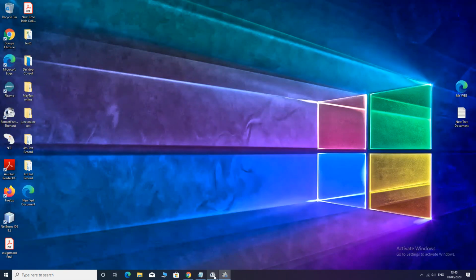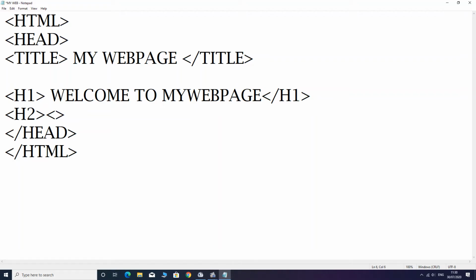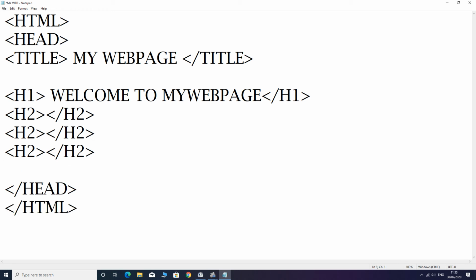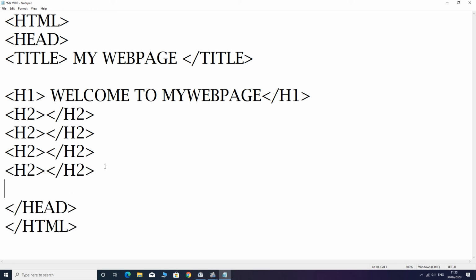Close it. Next, we will practice the headings, 6 types of headings. We have practiced H1, now H2, H3, H4, H5, H6. Copy it, paste it till heading 6.